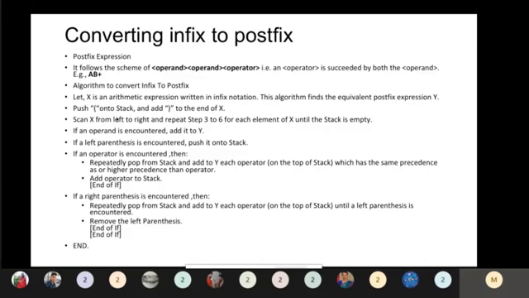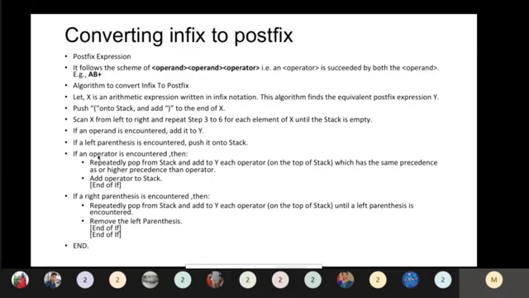So a is nothing but what? We have to check whether the first character is an operand or an operator. If it is an operand, we can directly put it in the output window. Otherwise, if you have any operator, that should be pushed onto the stack. When you are pushing onto the stack, you check the priority. So how to check the priority?